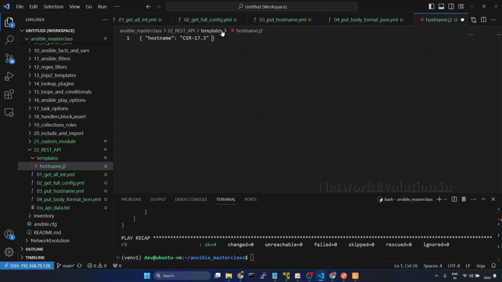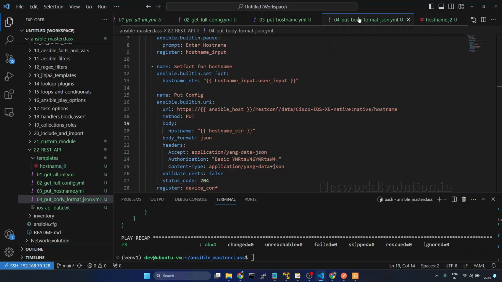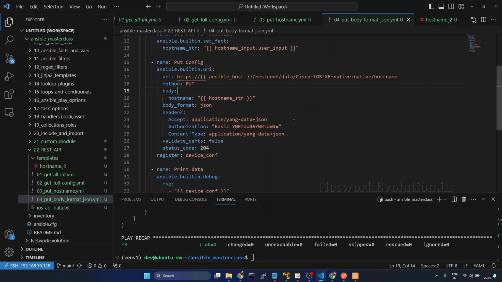And if you want to pass some complex JSONs, it is better to pass it from templates or the JSON file itself. And within this, we'll pass the previous variable. The variable name was hostname string. Save it. And inside